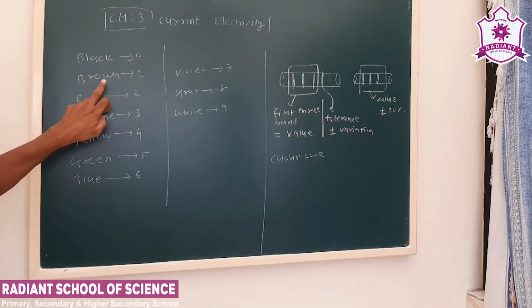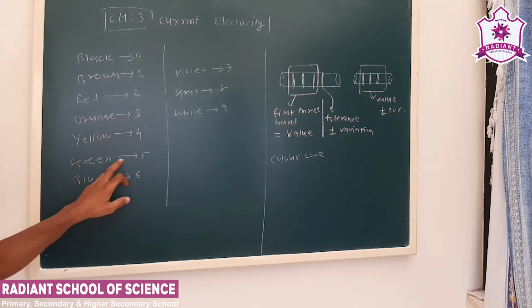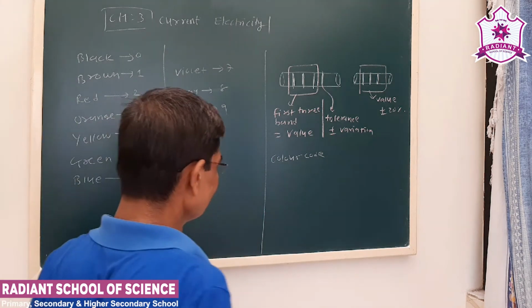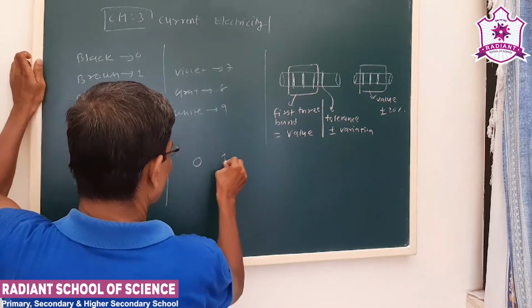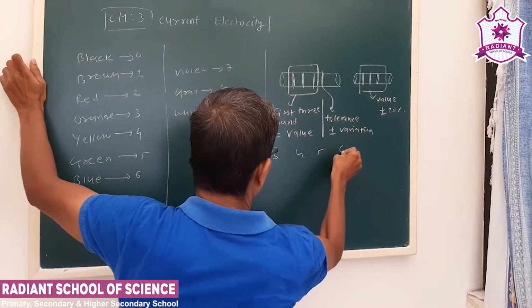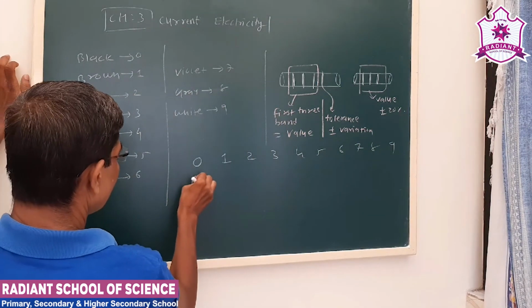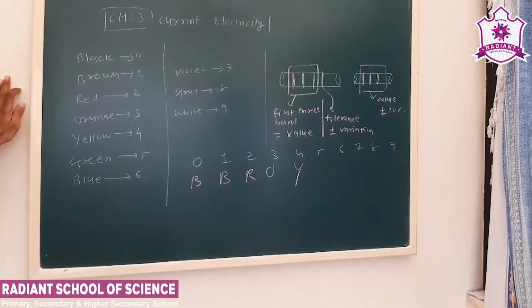Black is assigned number 0, brown is 1, red is 2, orange is 3, yellow is 4, green is 5, blue is 6, violet is 7, gray is 8 and white is 9. See, we have made an acronym, that is B B ROY, BB Roy